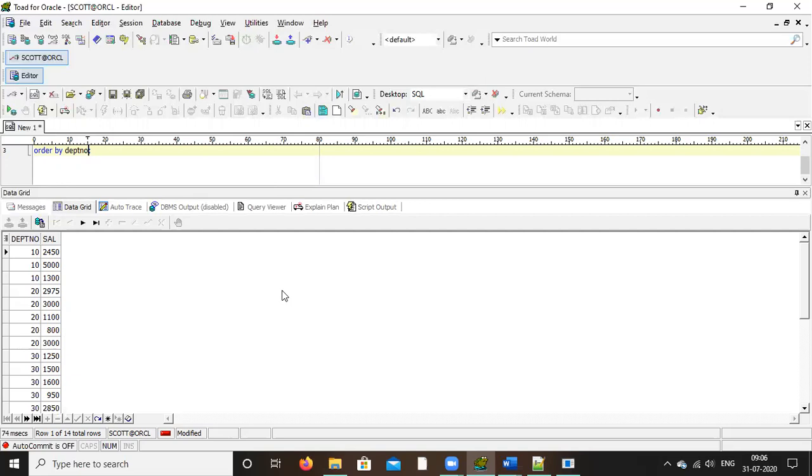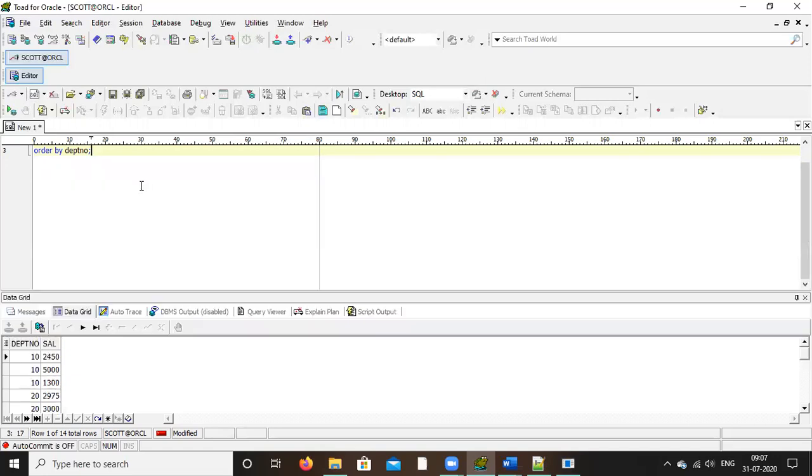Now go to the code. Go up in the code, select. Now after salary, you have to give maximum salary, right? There you give max sal. And perfect. Now you are doing grouping by, right? Group by department number, right? So before order by, after from employee, there you write group by department number. Done.